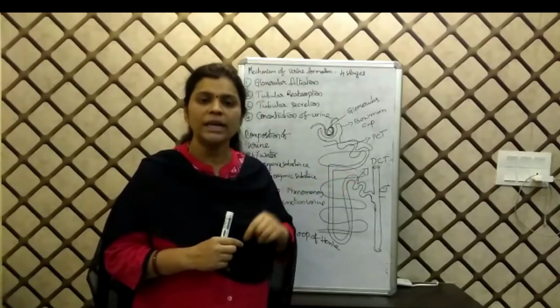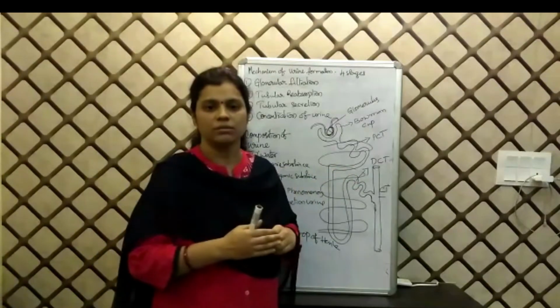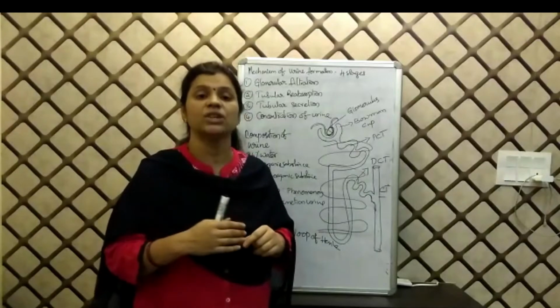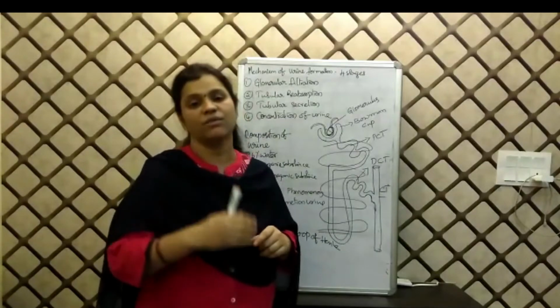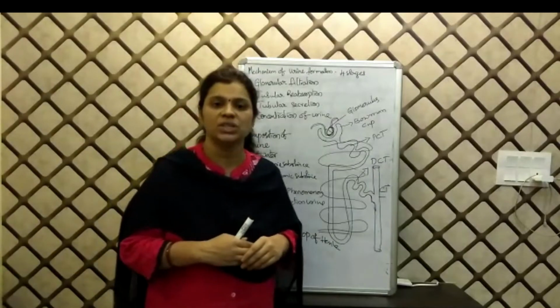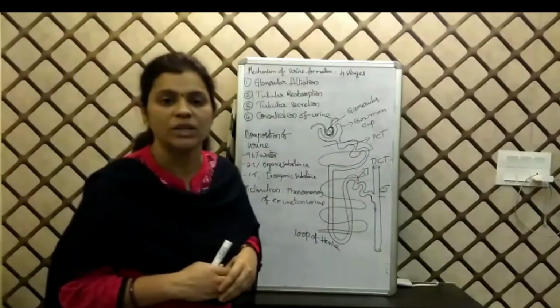it allows only concentrated urine to pass out. It will not allow dilute urine and more percentage of water to be eliminated from our body. So the concentration of urine will be adjusted in the presence of hormone vasopressin.